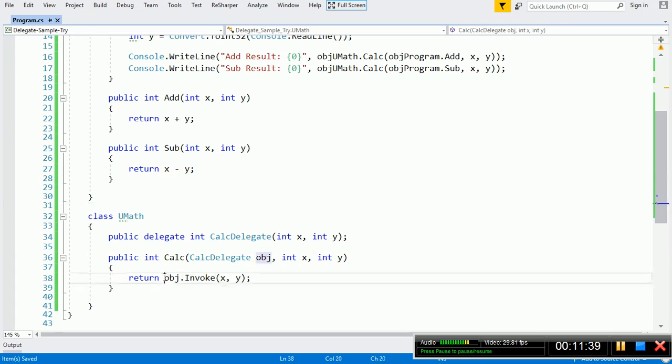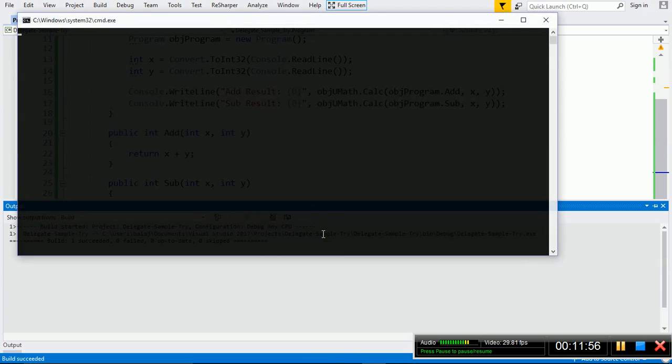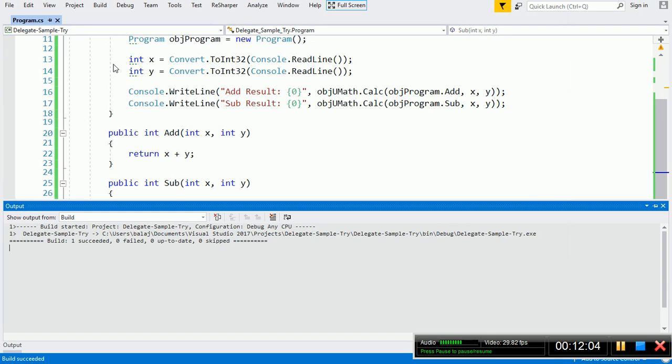Before that, once it calls this function, the add and sub function will return the resultant value to this function, and then we are returning that result, collected from add and sub, to the user, and then we are printing it here. Now I run this program. I pass x value as 5 and y value as 5. So now also our program works.